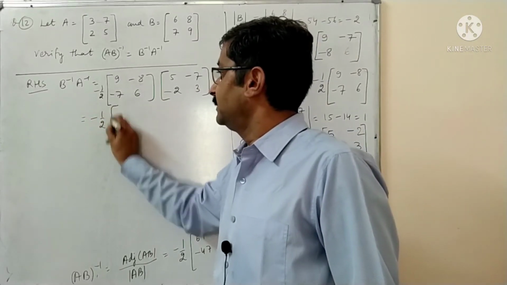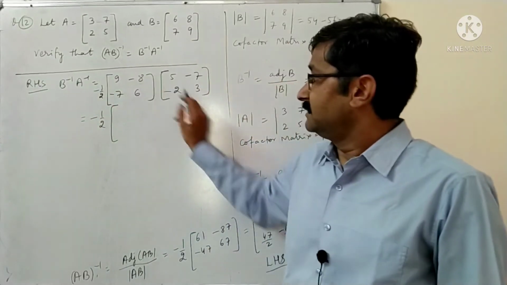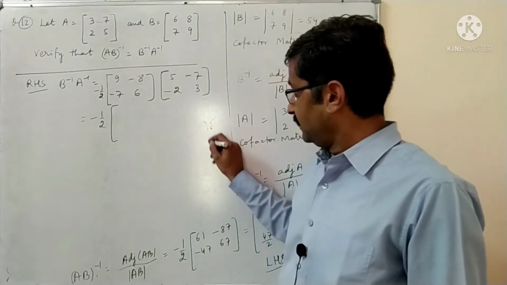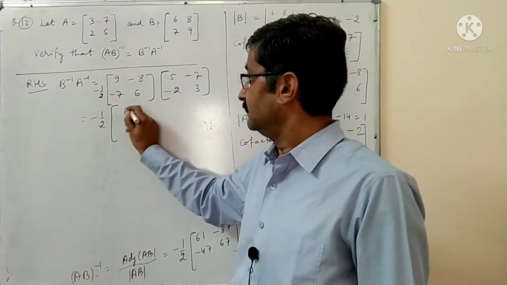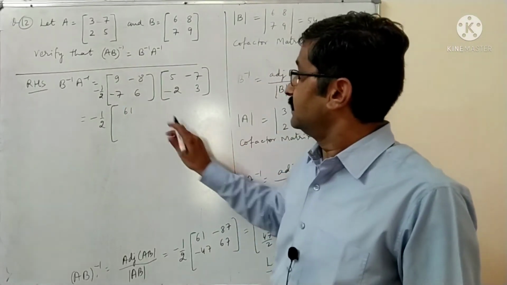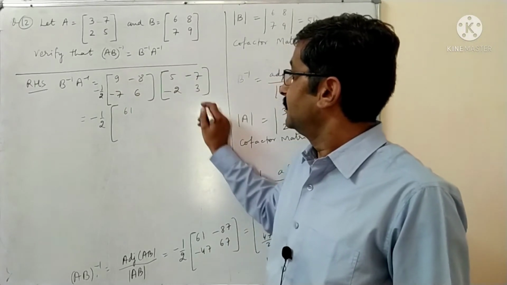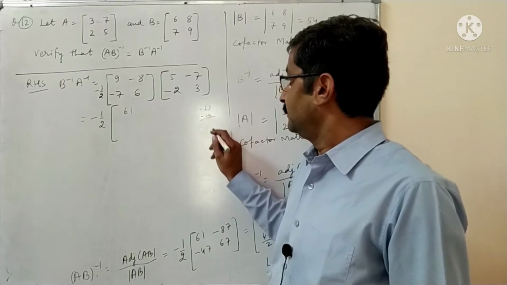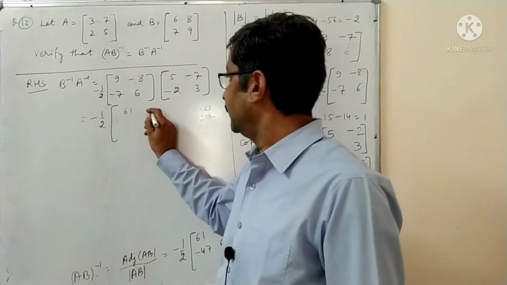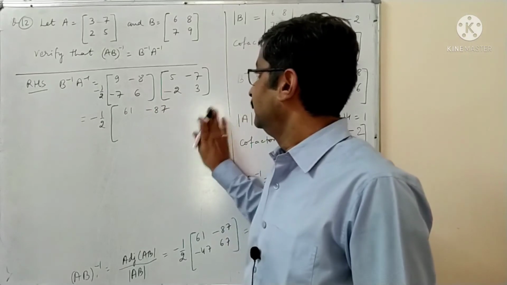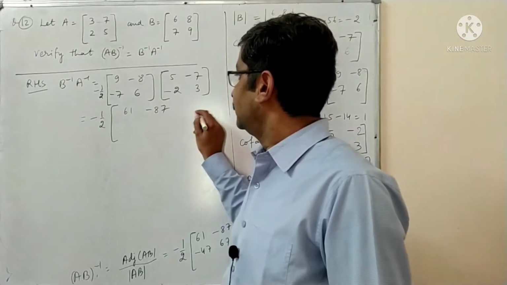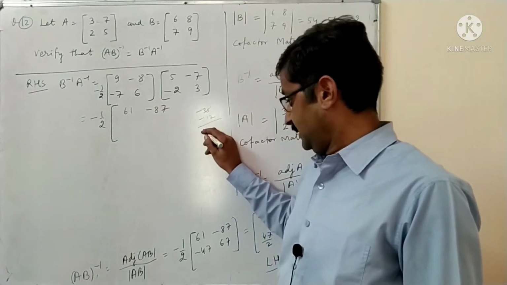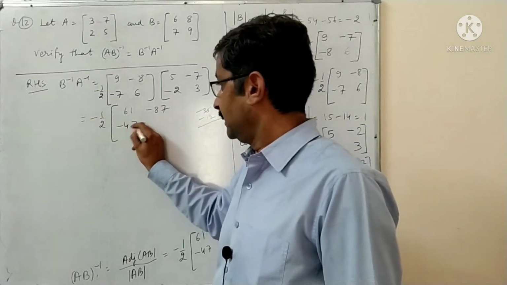So minus 1 upon 2 you keep as it is. 9 times 5 is 45. Okay, 8 times 2 is 16. This you add, you get here 61. Okay, same as it is. 9 times 7 is 63 and 8 times 3 is 24. Both you get in negative. Okay, you will add this, you get here 87. So minus 87 we can write. The next is 7 times 5 is 35, minus 35, and 6 times 2 is 12, minus 12. You will add, you get here minus 47. So you can write minus 47.